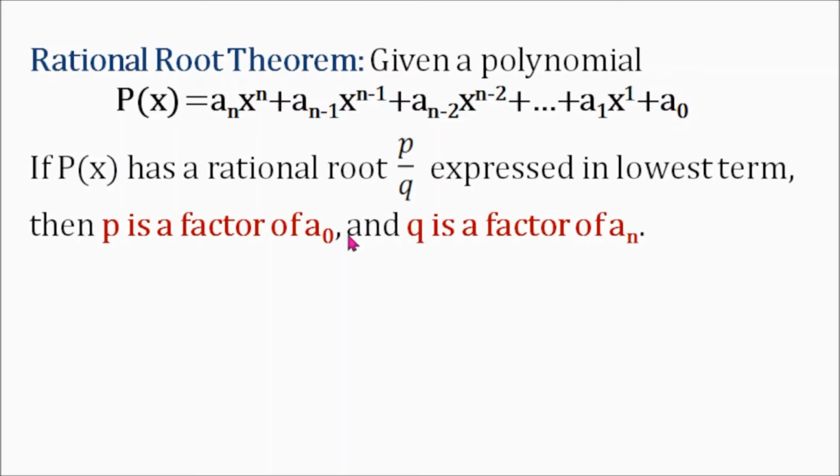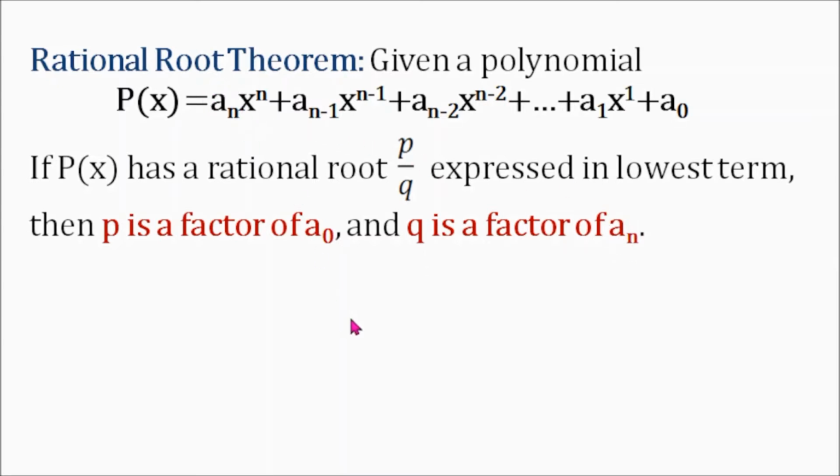So we are going to prove two parts here. The first part is p is a factor of a sub 0, and a sub 0 is actually the constant term. And the second part is q is a factor of a sub n, and a sub n is our